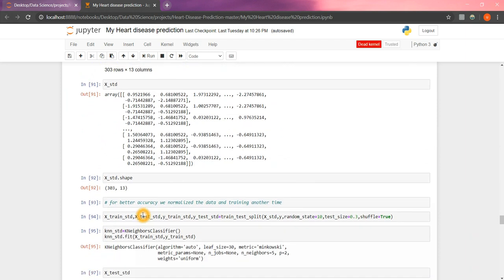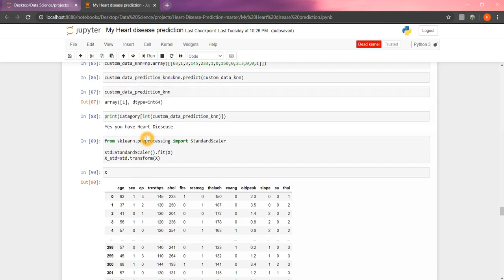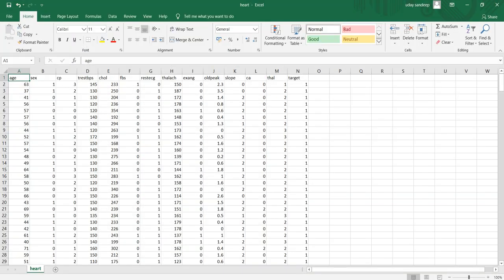For implementation of KNN we have to normalize the data. So how do we normalize, and what is the purpose of normalizing data? Here we see 63, 13, 145, 233. These are big numbers with a large difference between each of them.